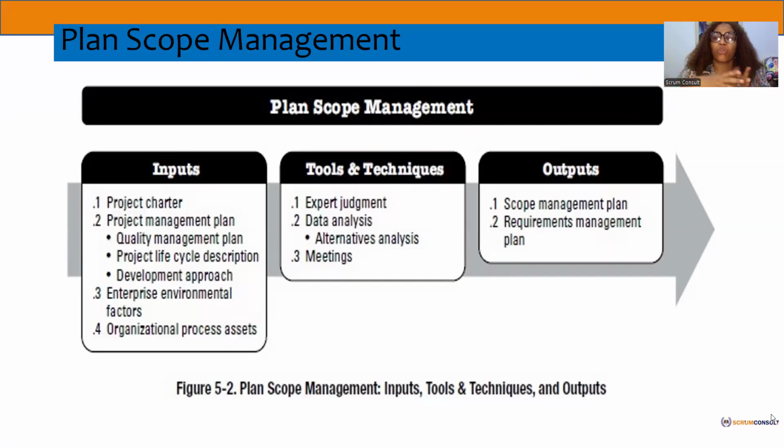Then we also have what we call the organizational process assets. And these are things that are internal and are within your control as a project manager. For scope plan, the previous projects that they've been doing, how did they do it? How do they create a plan? What are their processes? What are their procedures? What are their policies when they are creating plans? Do they have a template? What are their existing assets? What documents do we have to go through? Those things you have control over.